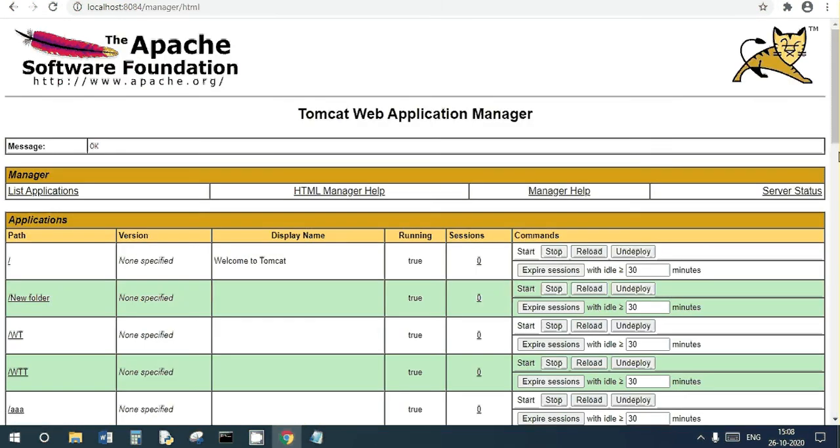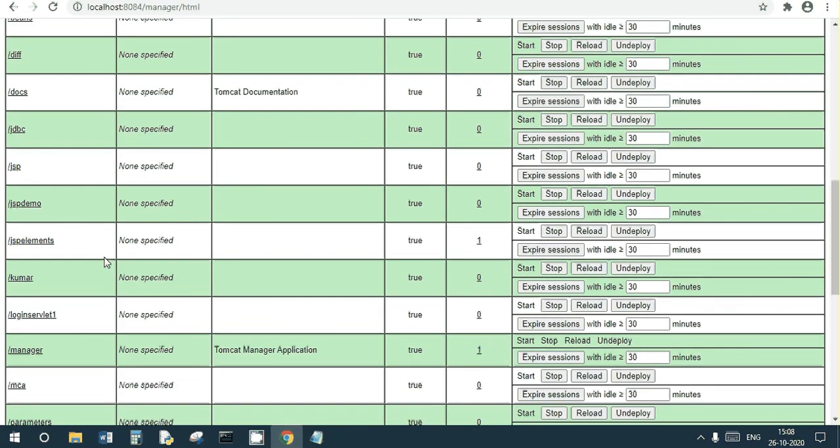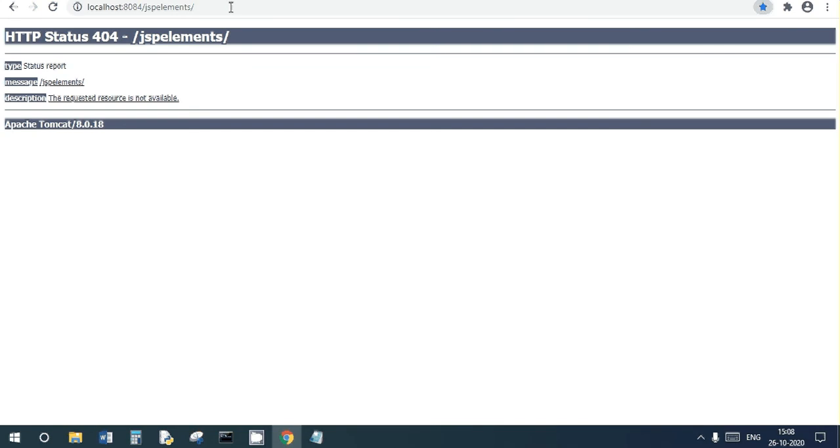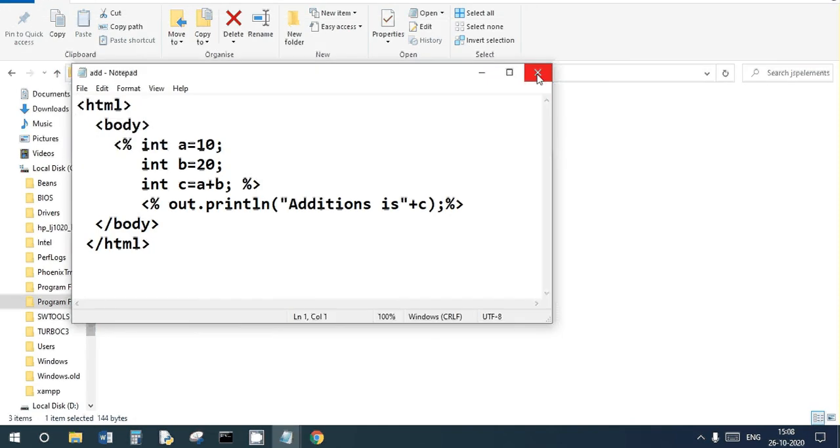My folder name is JSP elements and my program name is add. The output: addition is 30. See here, 20 plus 10, 30.